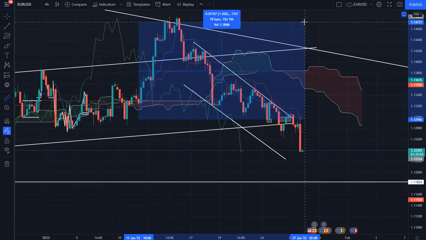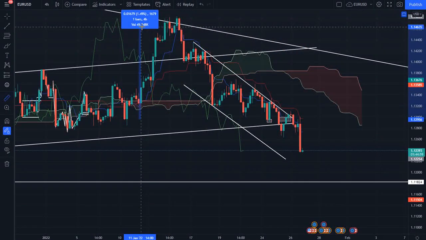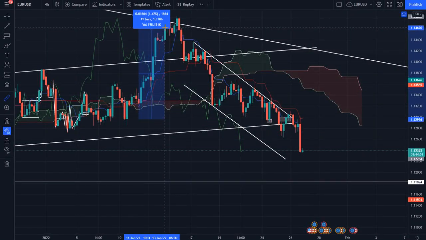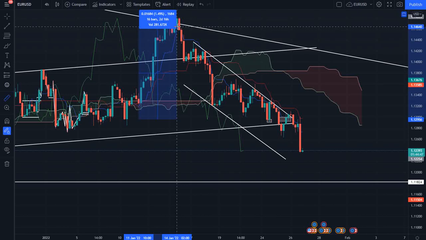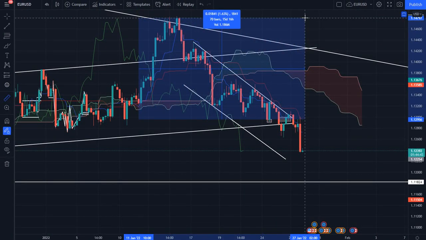That's the volume being traded in currency. And look how long it took. So from this candle here, that's the 10th of June, 11, 12, 13, 14. So 10, 11, 4 days. 4 days they've been pumping it